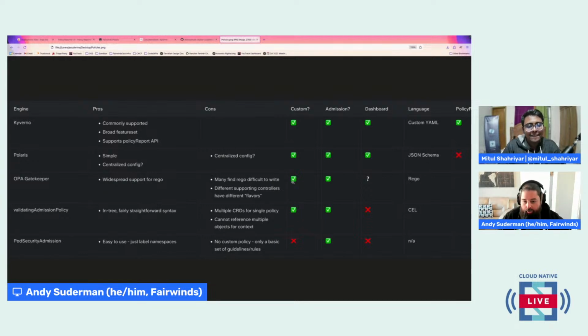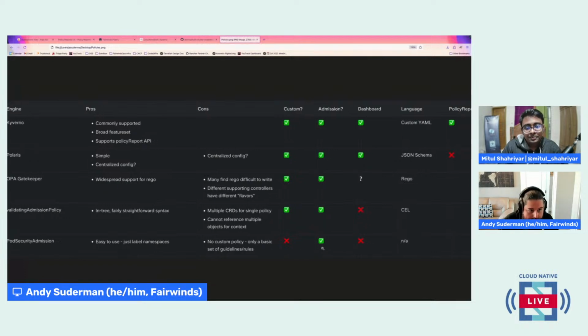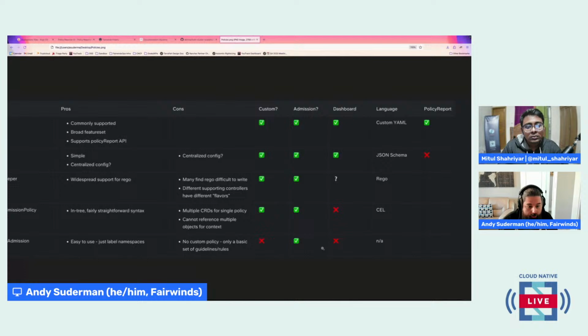And so if we look across all of these, they all do different things well. Most of them do policy at admission time. Not all of them allow you to view those policies or audit those policies. They all use different languages, so you may be comfortable writing in a specific language or already familiar with one of these and may want to pick that for your policy. Some of them, namely pod security admission, there's no custom policy here, right? This is just you pick one of 3 levels and you get a set of policies out the gate. So that may be enough for what you need to do.